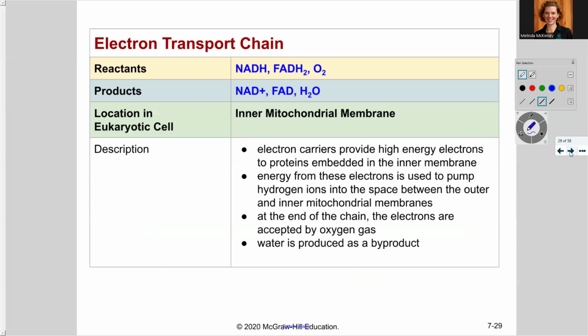So it takes NADH and FADH2, the electrons from them,